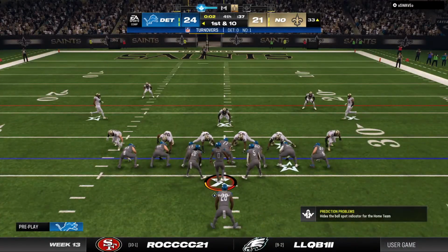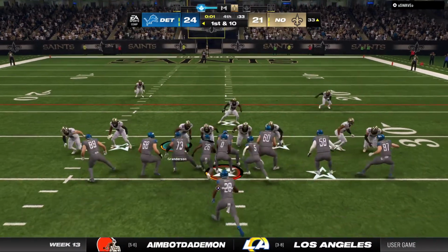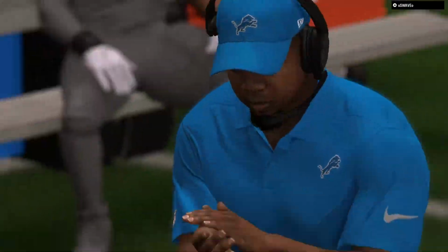Let's go now. Down to a knee here. The defense still with a couple of timeouts. We'll see if they want to use them. What a...